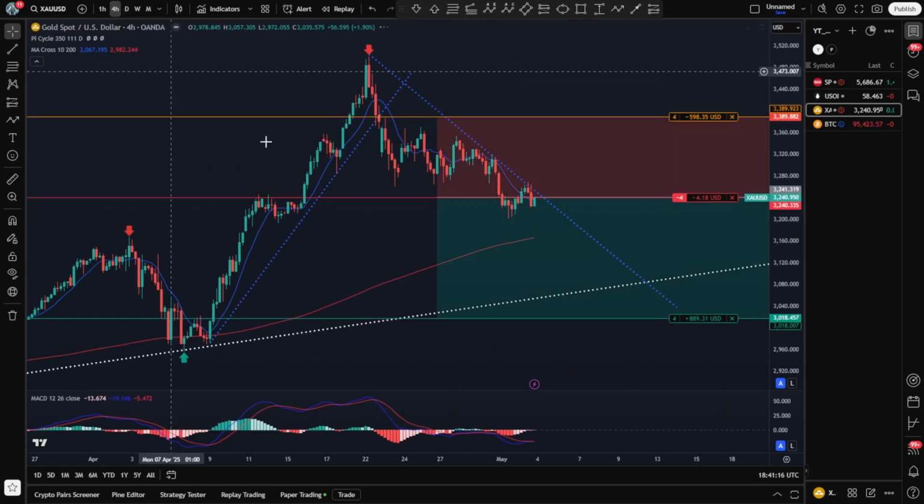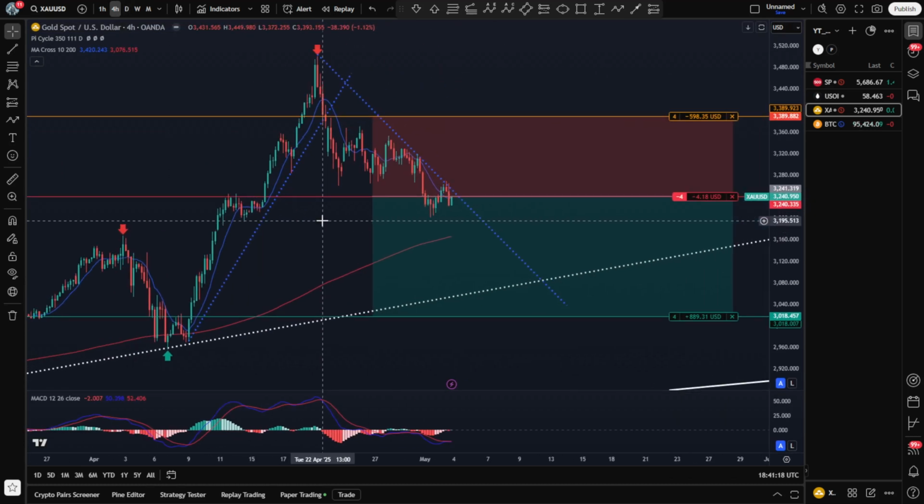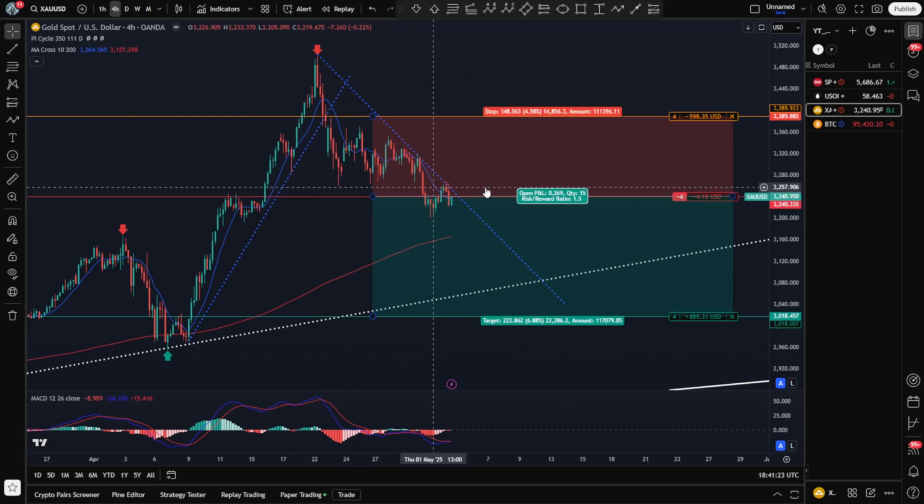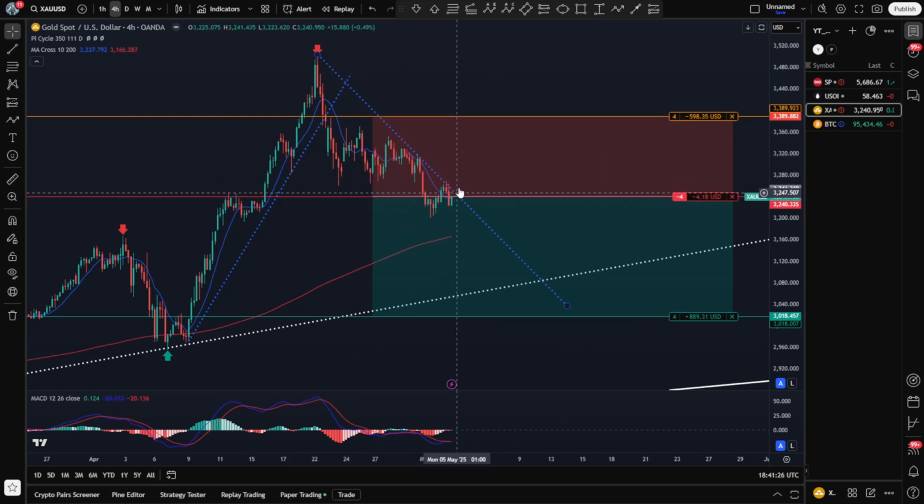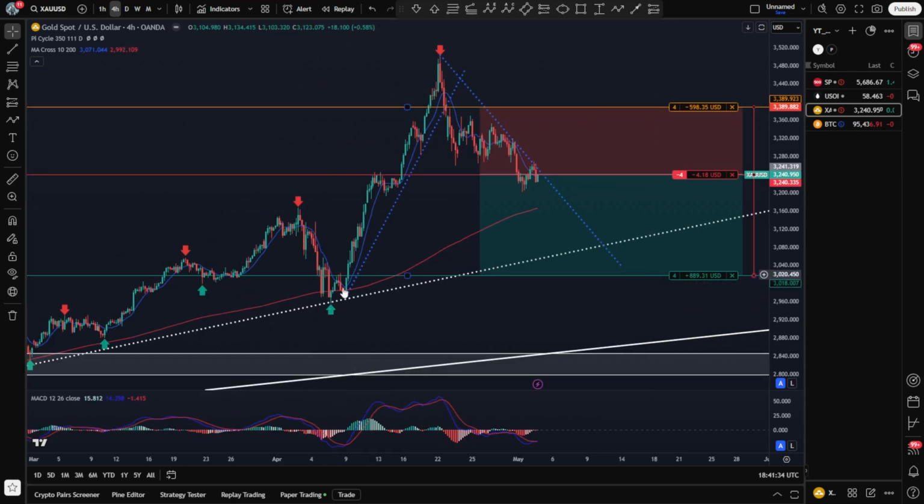If we drop one time frame lower to the 4-hour time frame, you can see the trade in full detail. I was entering the trade after seeing prices below this range, and the stop loss is above the range, and take profit, like I said, slightly above the $3,000 mark and this last major low here.